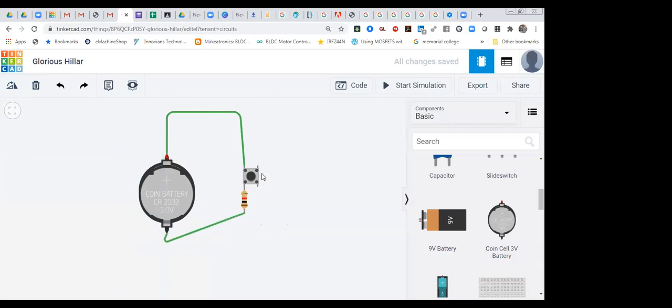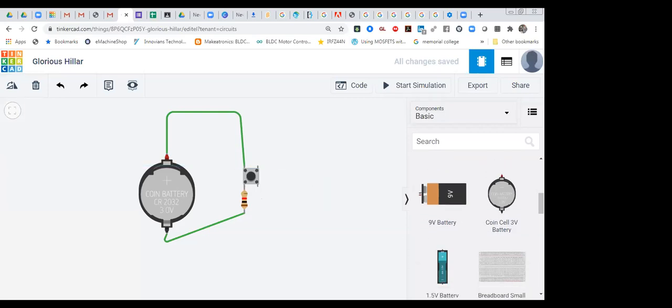So now I'm going to get output from this point, or from this point we have to take output. So how to take output over here? Let's see. This one is connected, but this one is not connected. From over here we have to take output. So I'm going to use a multimeter to check the output.